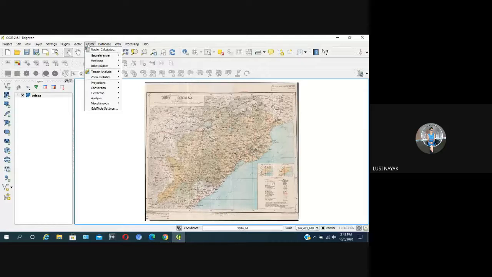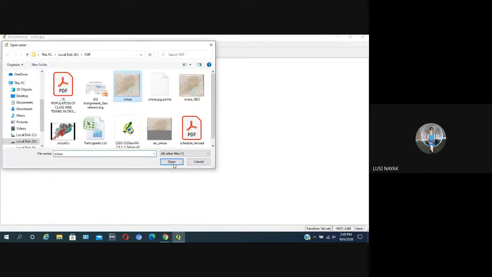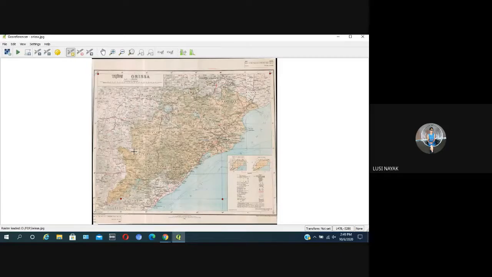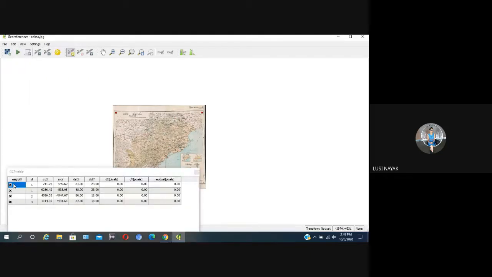Go to the Raster menu, then Georeferencer. Open raster, then add your map. We had already georeferenced it yesterday, that's why we are deleting that and doing it again to make you understand.